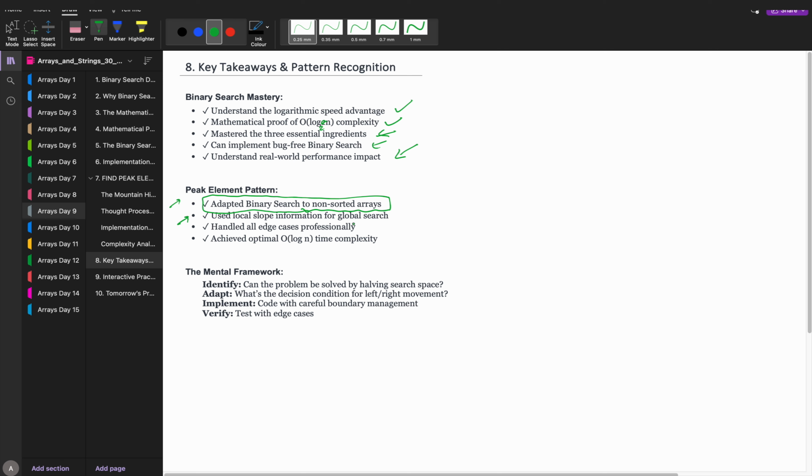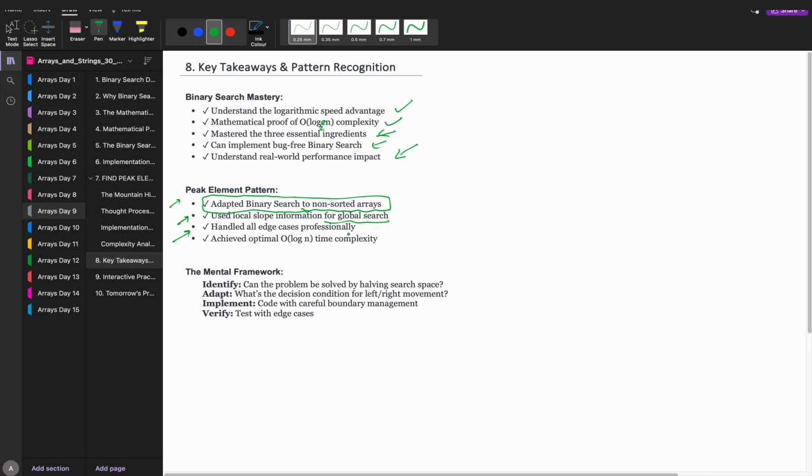So use local slope information for global search. Quite intuitive, very very intuitive the solution was. Yes or no? What do you think? Do we need any rocket science for the solution? No. We thought about the real life situation, the decision making of a human, and we just converted it into the code. We found that it is similar to binary search. We called it, binary search can be applied. That's all.